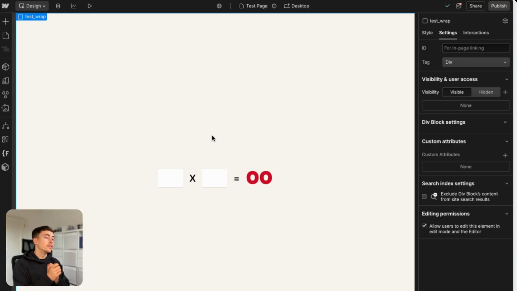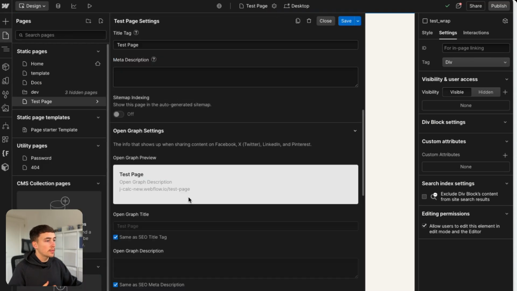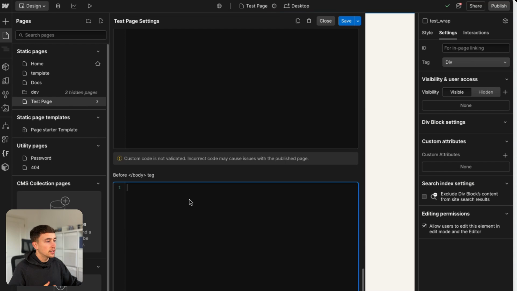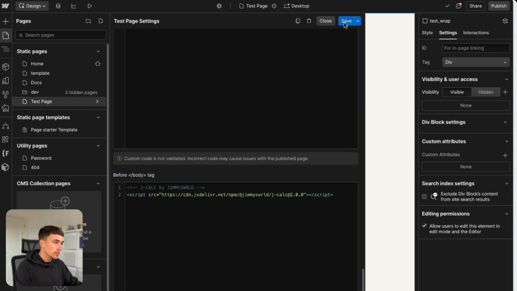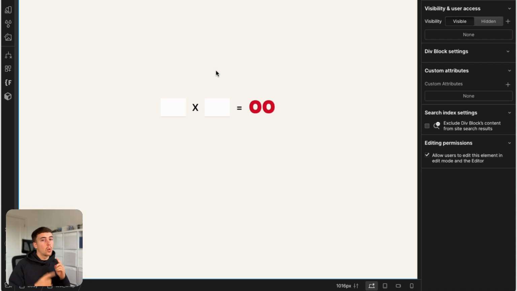Okay, cool. So I have a very basic setup here, just so we can grab the main concept of J-CALC. What you want to do is grab the script from the website, and just paste it in your before body tag here. J-CALC works with one attribute, and it's the core attribute behind how the whole thing works. The core attribute is J-CALC output. So if I add that to the output here,